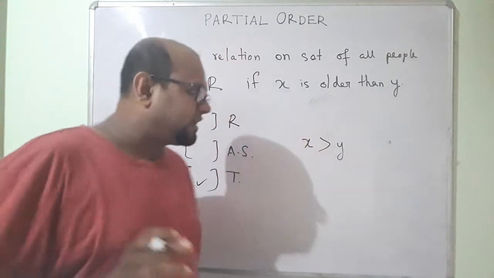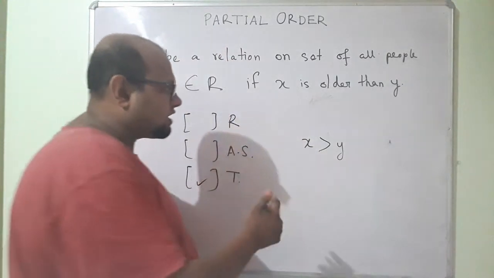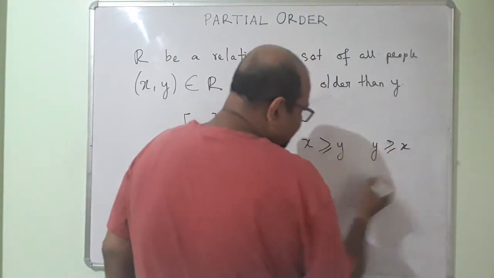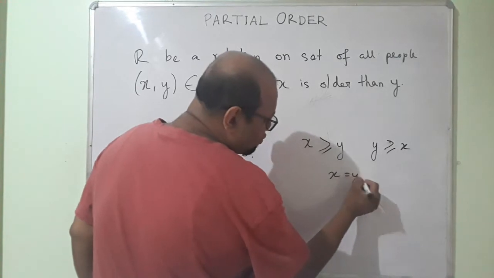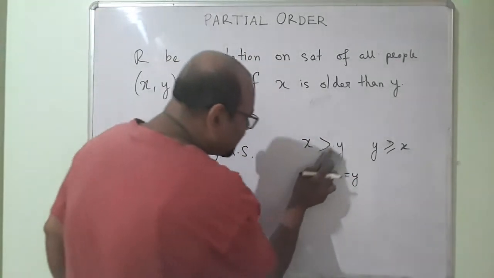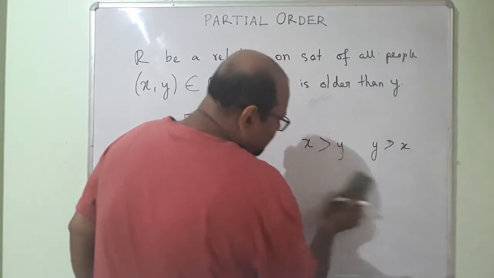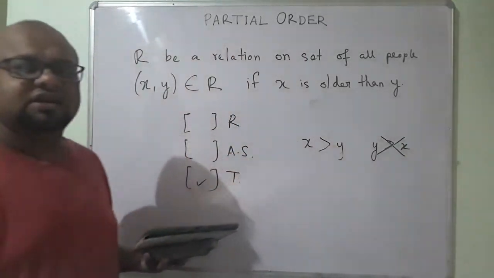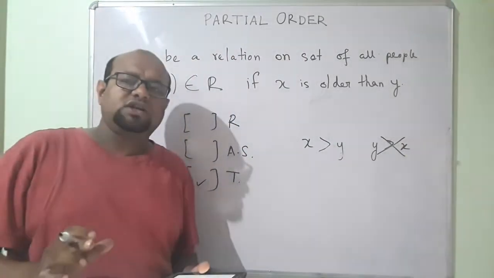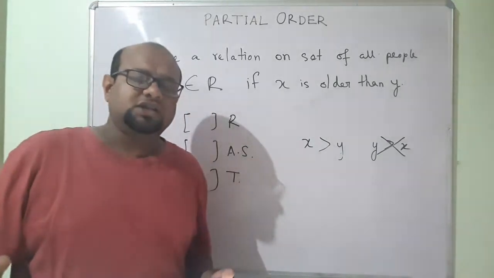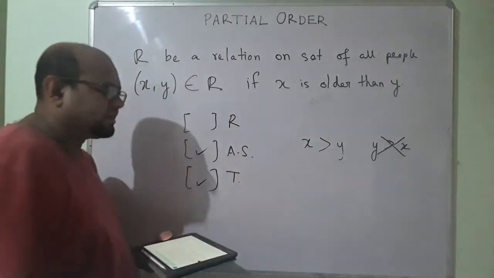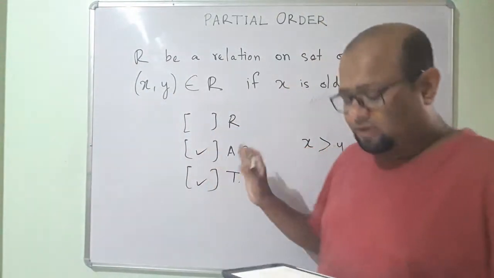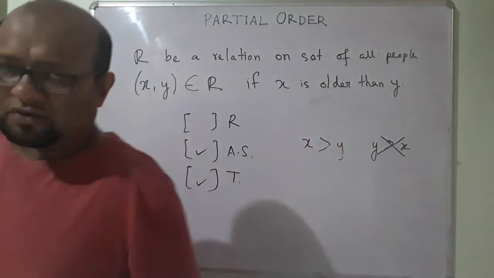This is not how strictly greater than works. In case of greater than or equal to, x could be greater than or equal to y, and y greater than or equal to x, and then that would have made x equal to y. But here I don't have that equal to. So if x is greater than y, there is no way in which y can be greater than x. So if (x, y) belongs to the relation, (y, x) cannot belong to the relation. Okay, so it is antisymmetric. We will talk about antisymmetric a little bit more after we finish this.